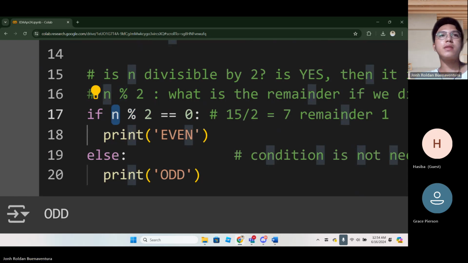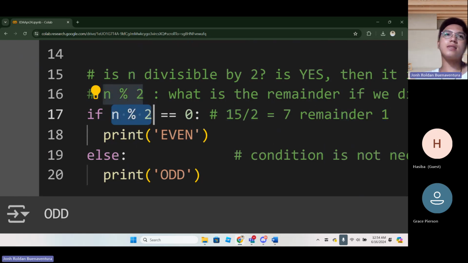When you divide it by 2, the remainder is 1. So if Python says n percentage 2, it means you want the remainder value, not the answer itself. You want to determine the remainder, and you are comparing that remainder to 0 to see if they are equal.